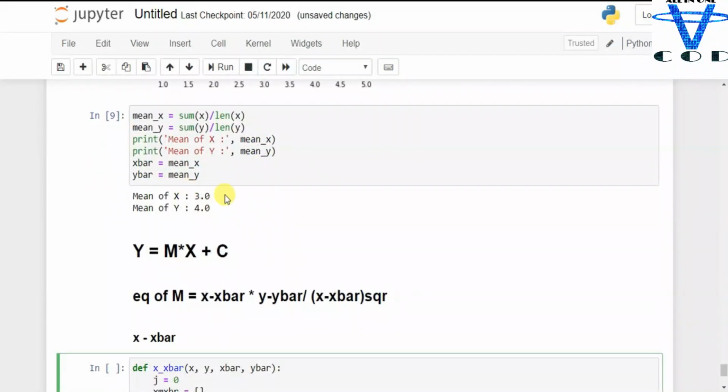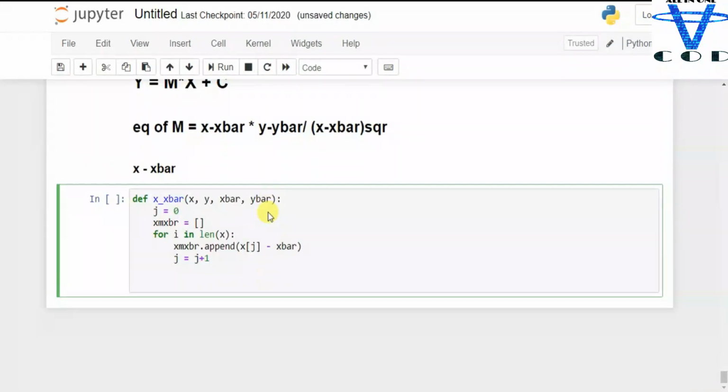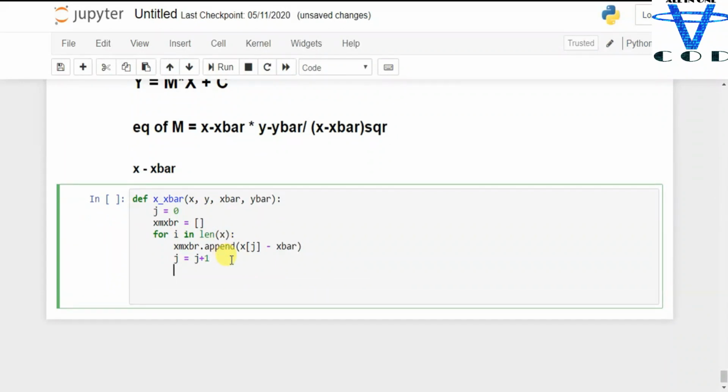Let's try. I'm going to call this function. But first I'm going to create the return value. So I want to return the x minus x bar. I'm returning just x minus x bar, so I don't want y now, so I'm going to remove this.